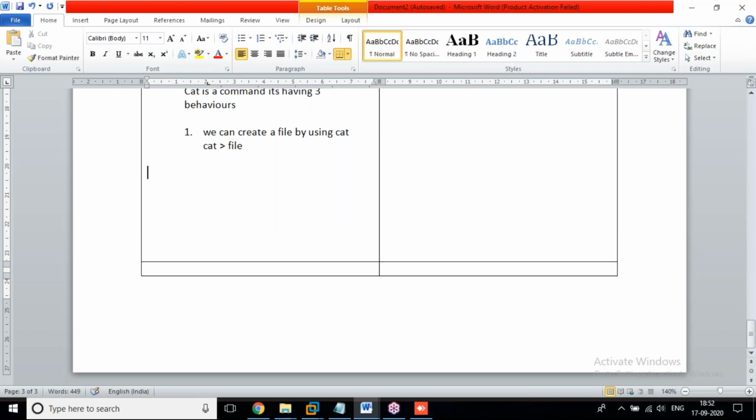Next one, two. Cat is a command. It is used to see the content from your file. If you want to open the data, if you want to see the data, whatever we are having inside that file, yes, that's the command. Which one? Cat command. Cat space file name. For what? To see data or content